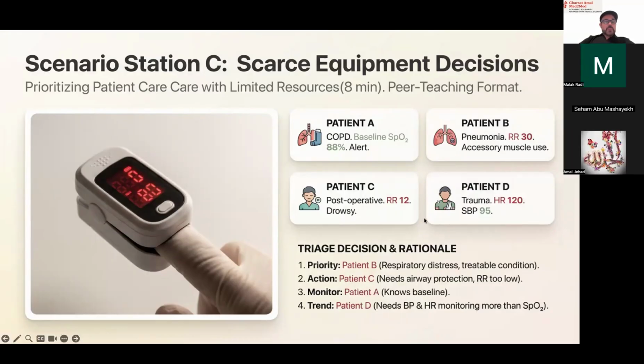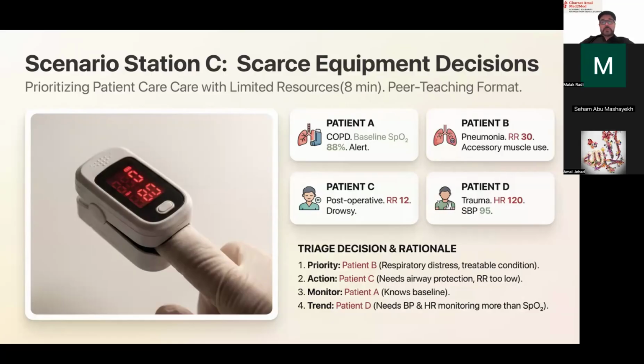Okay? Thank you. So if you have scarce equipment, then you must use the same equipment for many patients and many doctors. And so what you do is you try as best as you can to go through everybody and record their oxygen, through everybody and record their blood pressure. Stop at the person who has a more urgent situation, like a heart rate of 120,